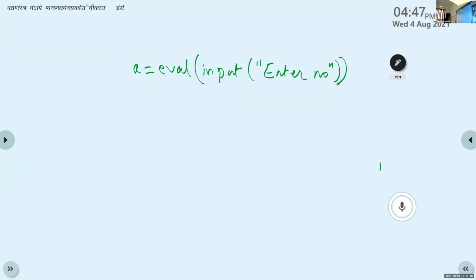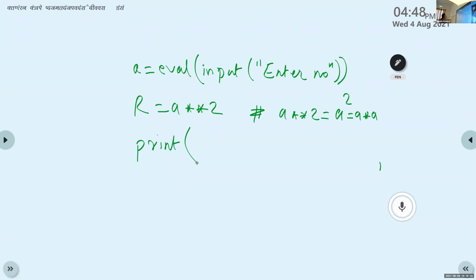Rahul, read the next statement, Rahul. R equals A star star 2. Okay, A star star 2. The meaning is that A star star 2 is equal to A raised to 2, which is equal to A into A. Okay. Then, Alan Joshi, how do we print the message? How do we print the result with some messages?